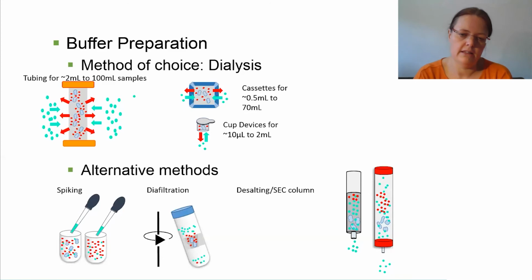One option that sometimes works really well, and sometimes doesn't go too well, is to use a concentrator. So you do a diafiltration step. When you normally use the concentrator, the flow-through that's coming through will actually match the buffer that your sample's in. Sometimes, depending on your sugar or glycerol, this might not be so evenly distributed between the buffer that remains in the concentrator and the one from the flow-through. But for some examples, it's worked very well when you haven't had much other choice to get to the buffer. Then, of course, there's also the possibility to do desalting columns.